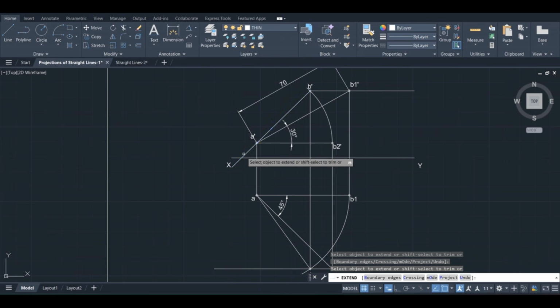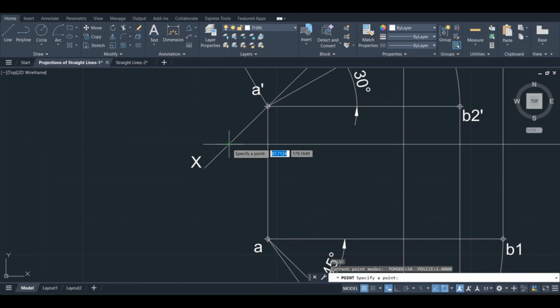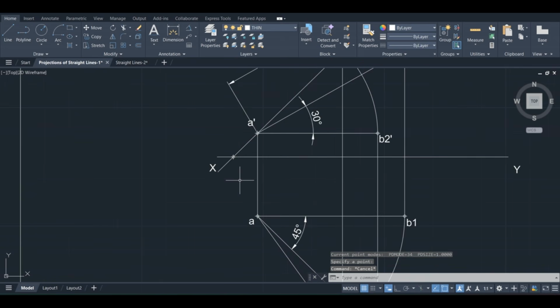Okay, and also extend. Done. Yeah, escape. So mark this point as H dash. Copy this point as H dash, horizontal trace, front view.